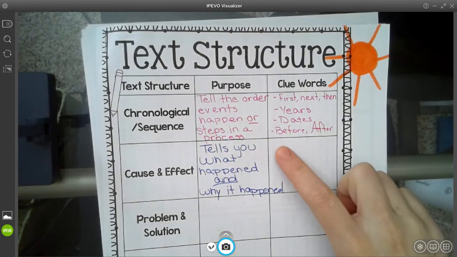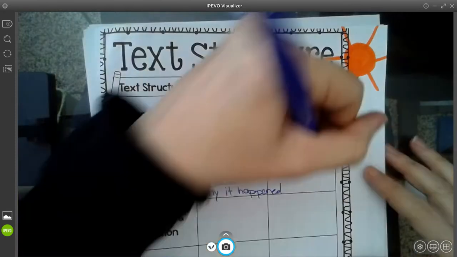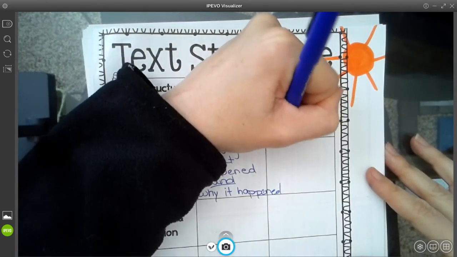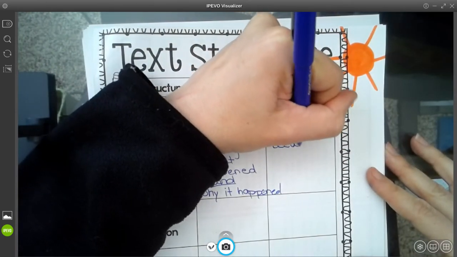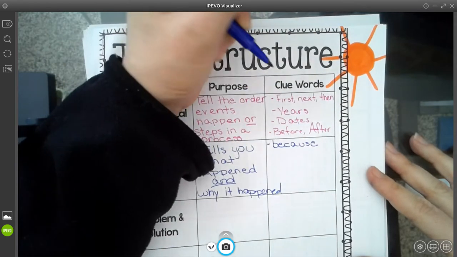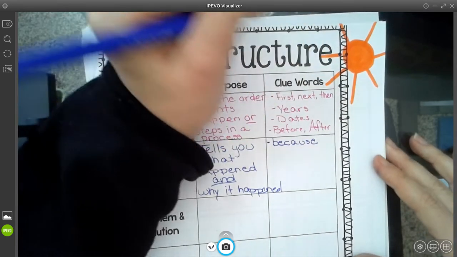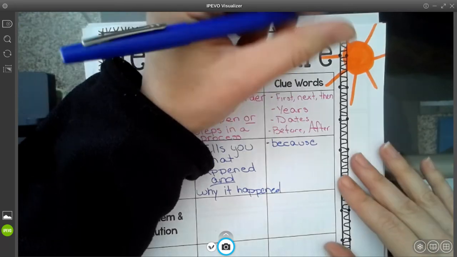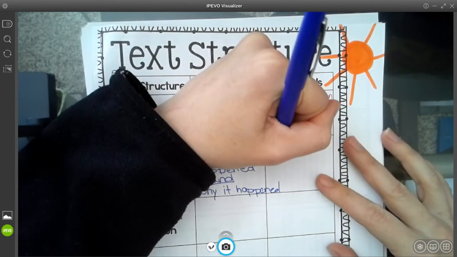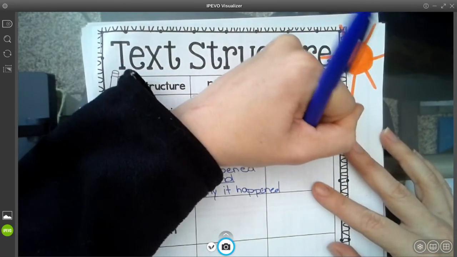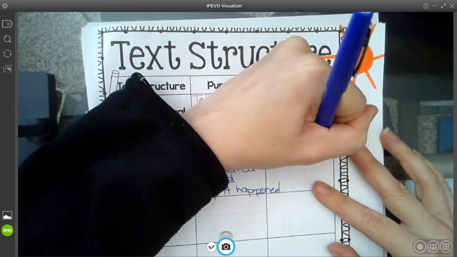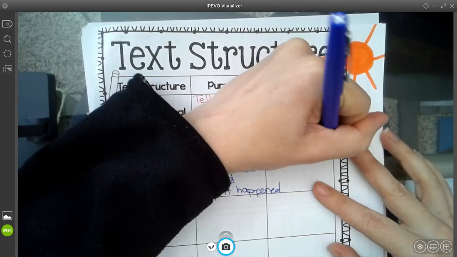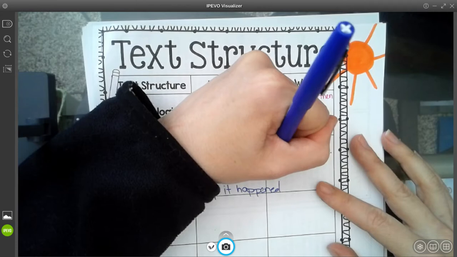Now the clue words. What are some of the clue words that we learned today? We said texts that say words like because. Because it rained, we cannot play soccer on the field today. Or if-then statements. If this happens, then this happened. Okay. When,